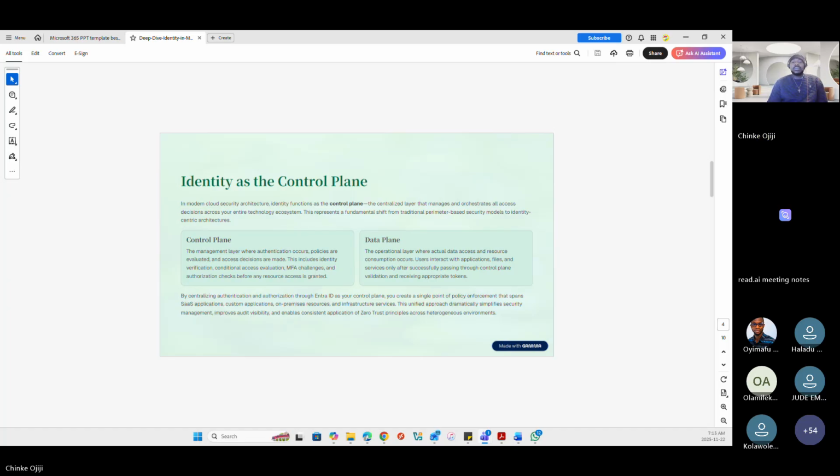Organizations now prefer managing from a control plane, because ID verification, conditional access, and MFA are all managed from a control plane point of view.